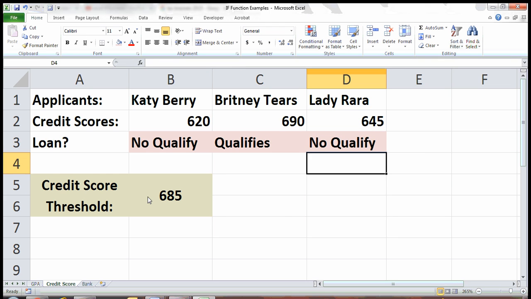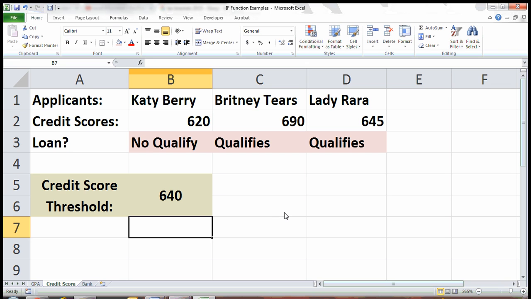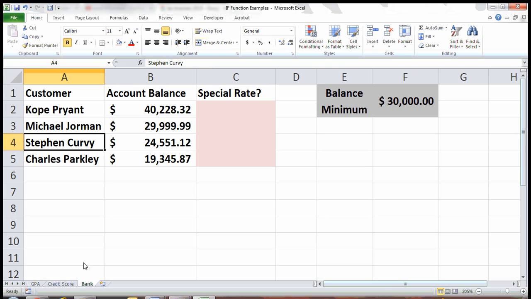than a 685. So if we changed our qualifier and said, okay, it's actually a 640, now we have another qualifier, and if the qualifier was 620, then everyone qualifies. If it's a 621, Katie does not qualify. If it's a 691, no one qualifies. And there you go. And example number 3, we have a bank and some customers, and we're offering a special